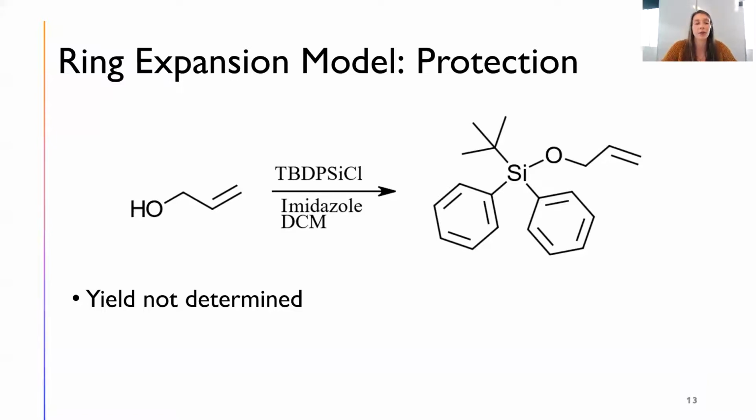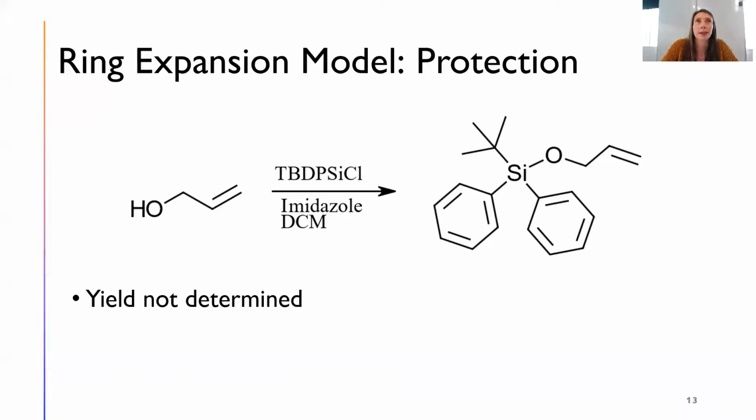And so instead we use readily available, commercially available starting material, like this alcohol here, and we iron out the details, figure out the reaction conditions that make this reaction work best before we get to that step in the synthesis. So we use this allylated alcohol and protect it using tert-butyl diphenyl silyl chloride to get this molecule here. The yield is not determined because